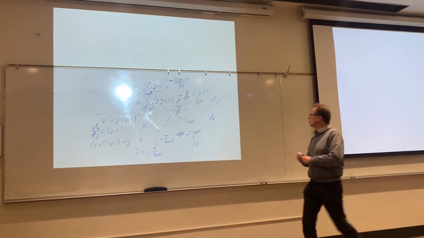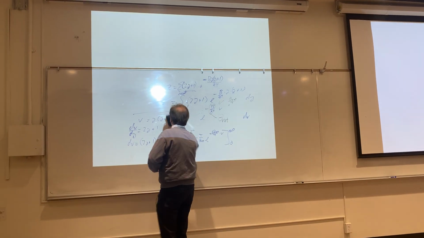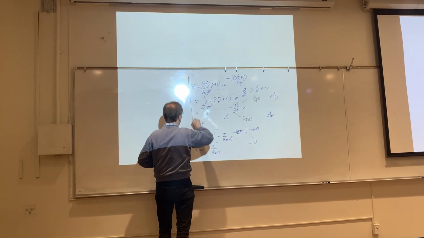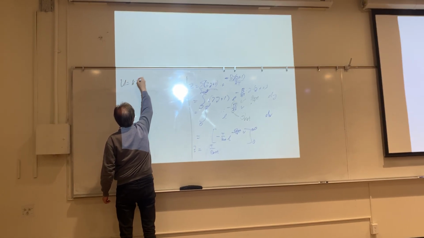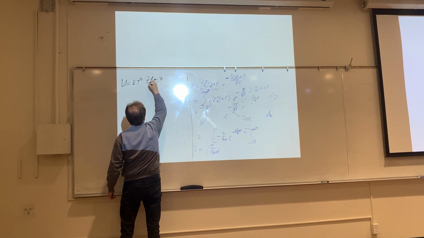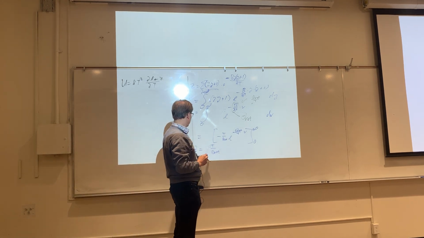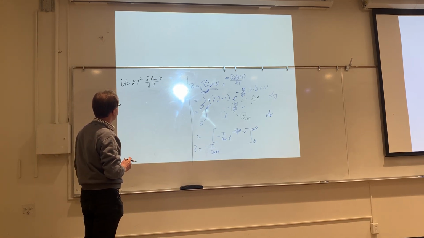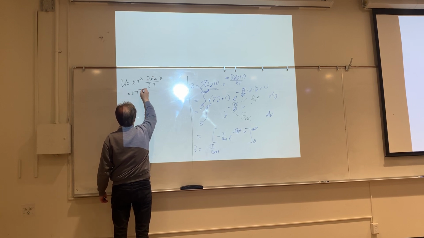The internal energy U of the system equals k_B, Boltzmann, times T squared d ln Z by dT, correct? Now Z was over here. So in our simplification, we have U equals kT squared